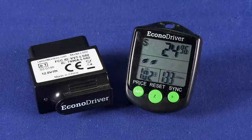Now it's important to note that while we're displaying the data in metric, and we've also been talking in terms of metric, you can also use imperial measurements on this device, and it actually, out of the box, does default to imperial. So that's a quick look at the